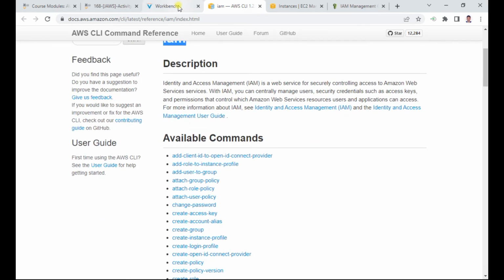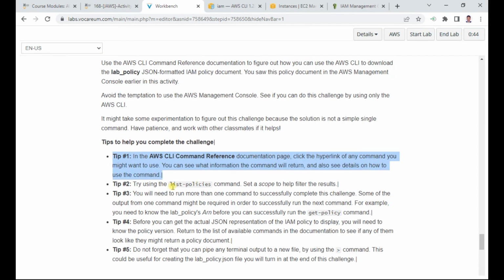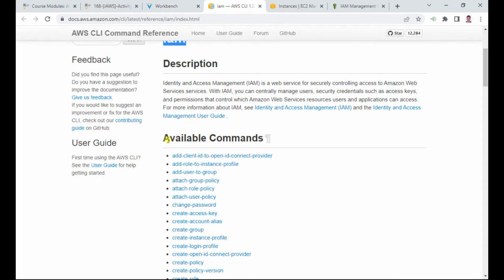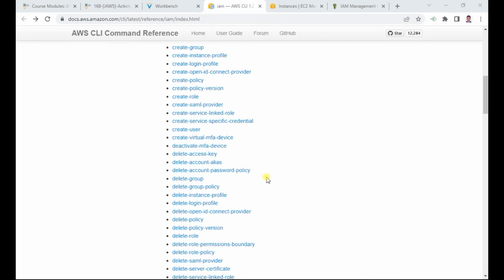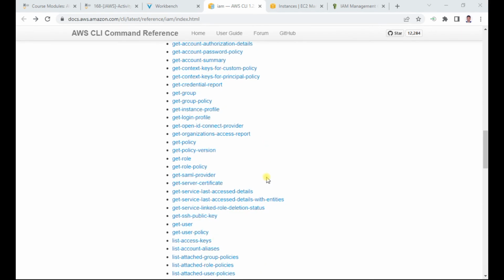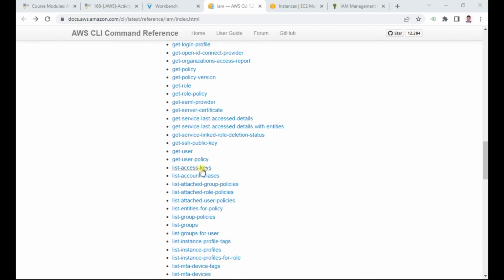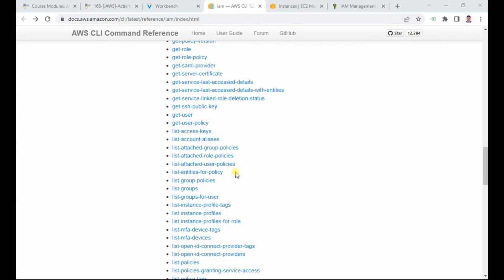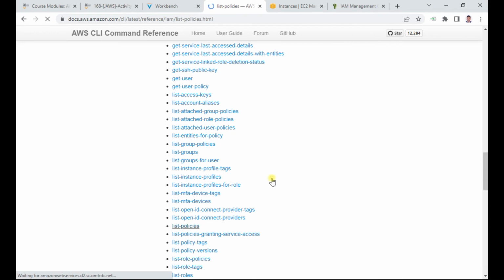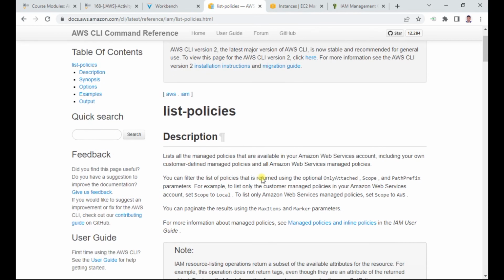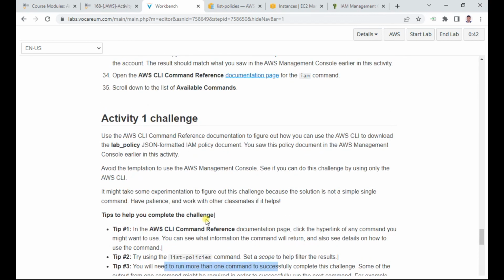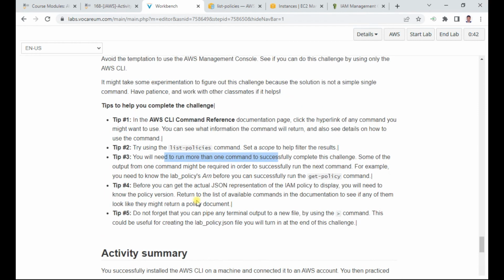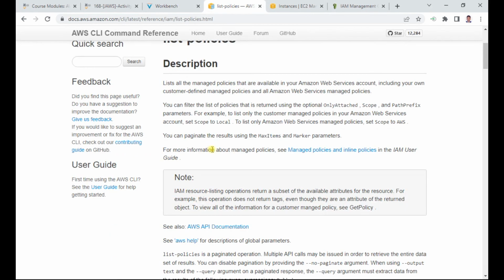Okay, so what you can do, there is a tip which is given. Try using this list policies. Okay, I will search this. You see here there are a number of available commands. You can go through these commands also, or for our requirement you can say list-policies. Okay, you see this one, there is a URL, list policies is there. So yeah, to see the results. Tip 3, you'll find more than one command. So our requirement for this challenge is, okay, let us explore about these